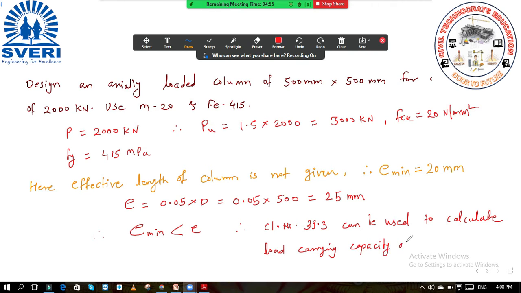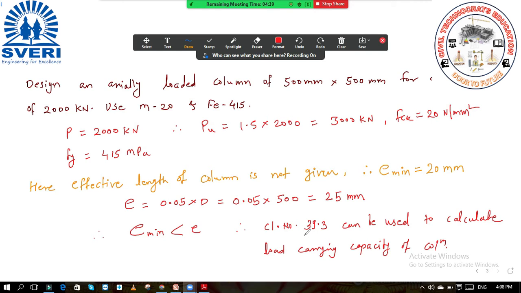Load carrying capacity of column. Okay, load carrying capacity of column. So this clause number 39.3, when can we use it? When your E minimum is less than